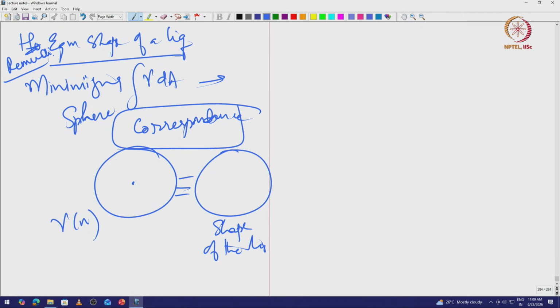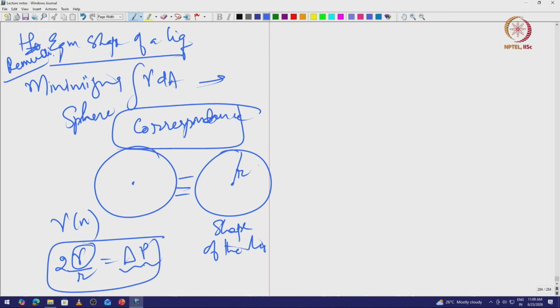How do they correspond? So very simply put, a liquid has a radius r, right, and then we know that 2 gamma by r is the internal pressure, right. So, the correspondence comes from internal pressure. Internal pressure is constant all over, right,